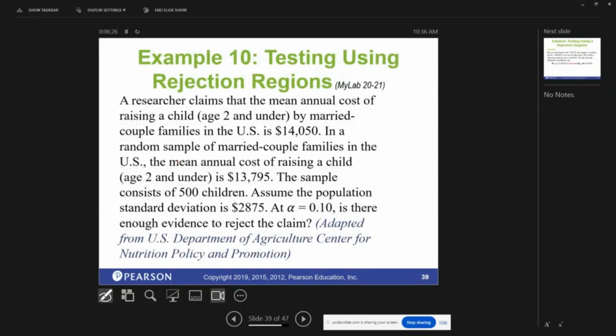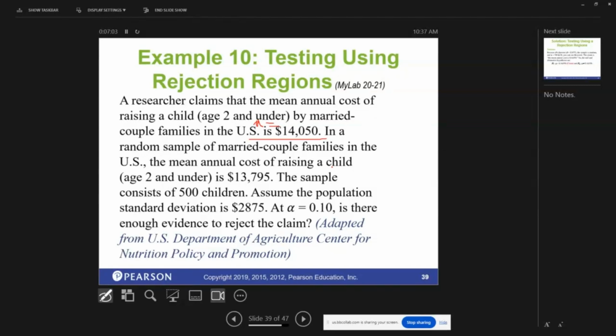Okay, here's another example. This time, a researcher claims that the mean annual cost of raising a child age 2 and under by married couple families is $14,050. And in a random sample of married couple families in the US, the mean annual cost of raising a child is